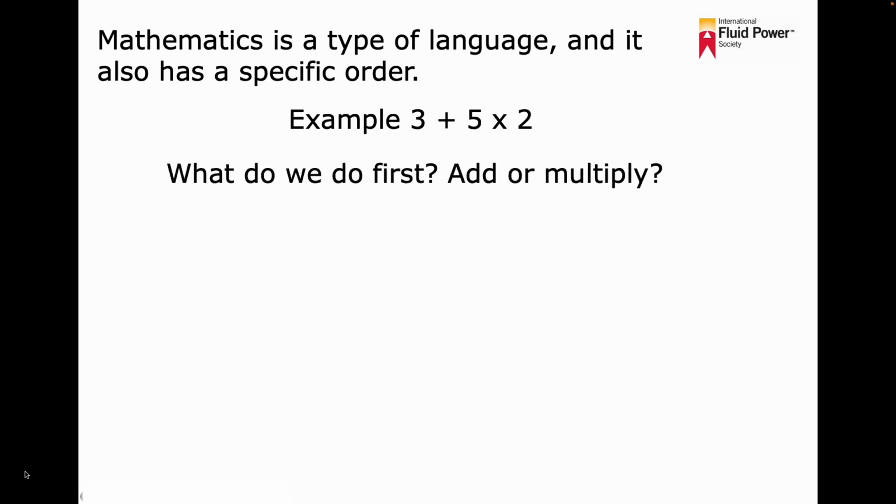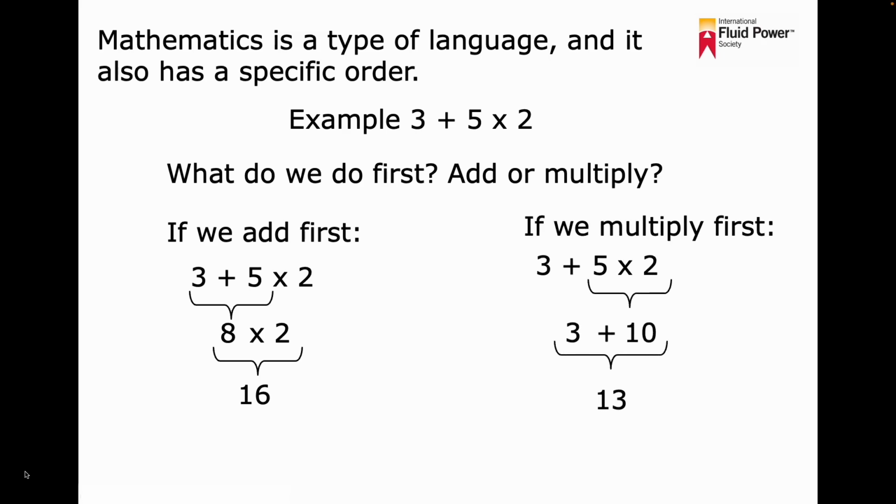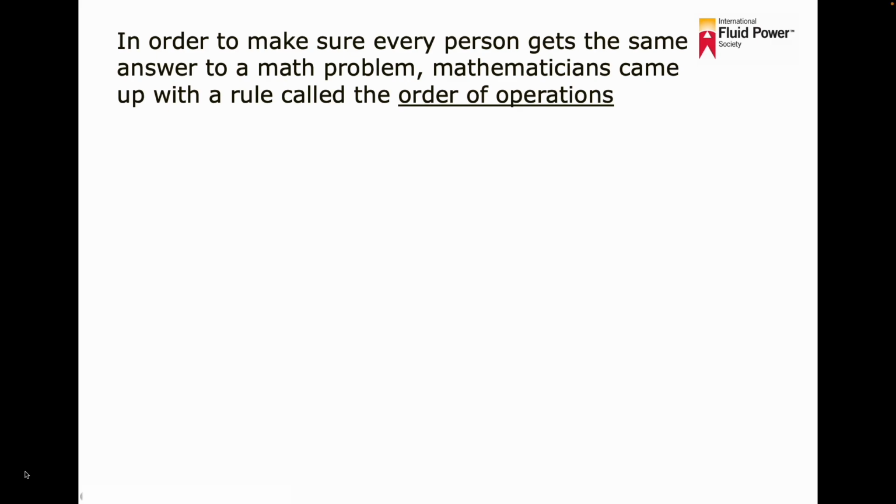Add or multiply? If we add first, 3 plus 5 times 2, that gives us 8 times 2, or 16. If we multiply first, 3 plus 5 times 2 gives us 3 plus 10, which is 13. Which one is the correct answer? In order to make sure that every person gets the same answer to a math problem, mathematicians came up with